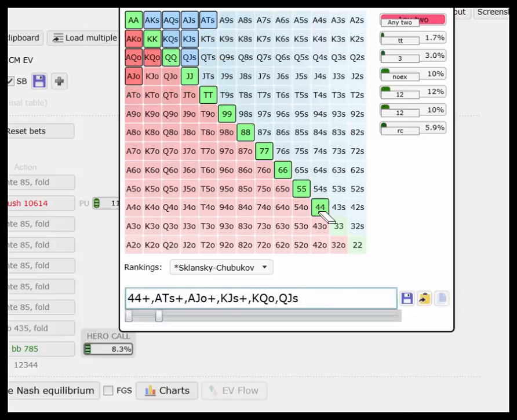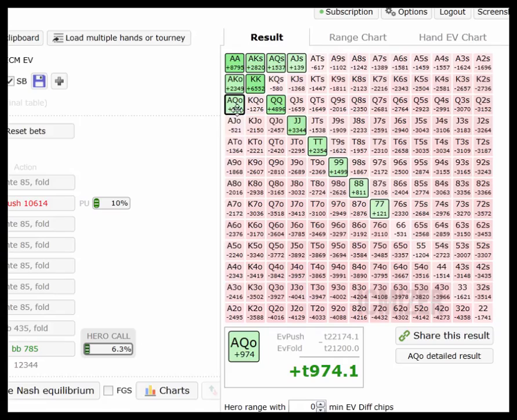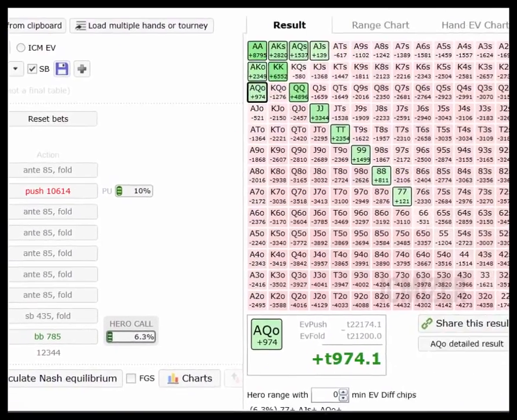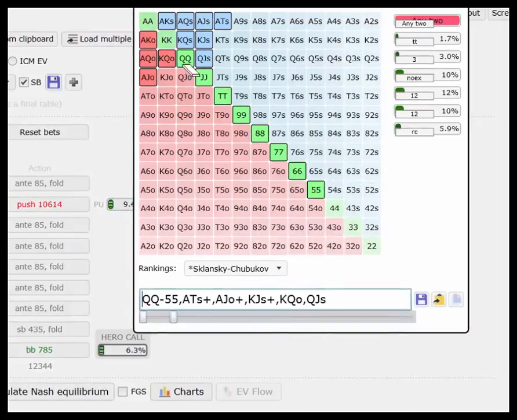So I mean, we can just go ahead and tighten it up a little bit, and we'll see ace queen off becomes much thinner, just slightly over a big blind. But then here's the other really important thing, right? Nash is assuming he's open jamming aces, queens, kings. I think generally I'll leave ace king off, but I'll take out